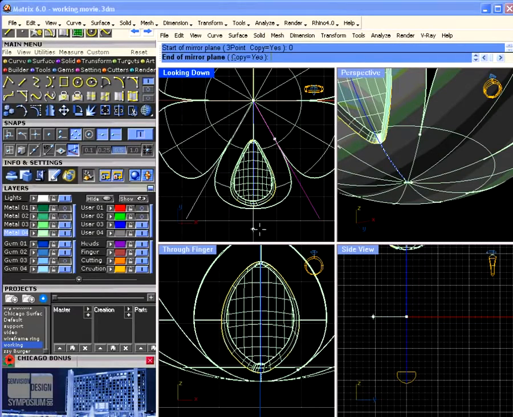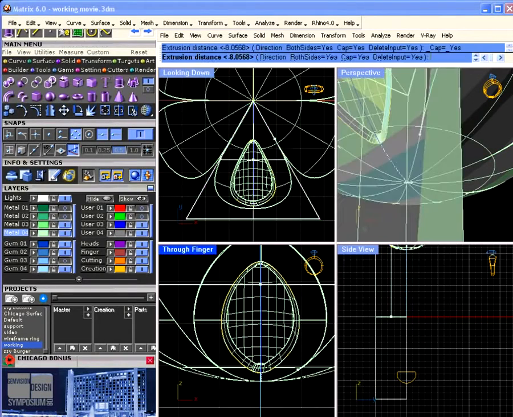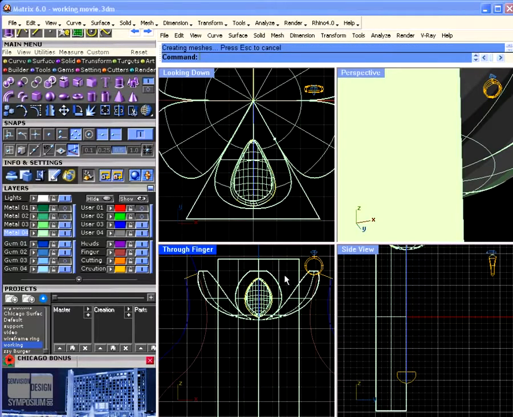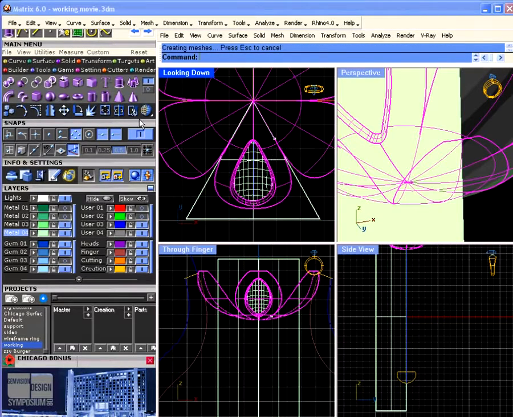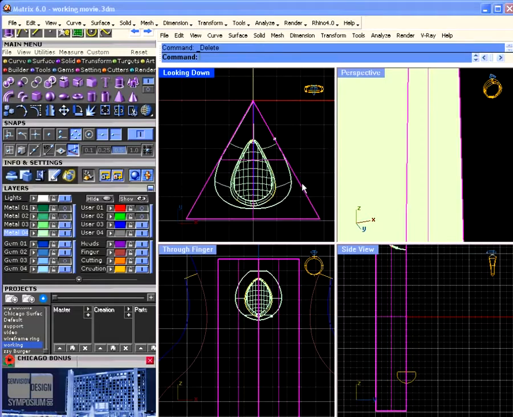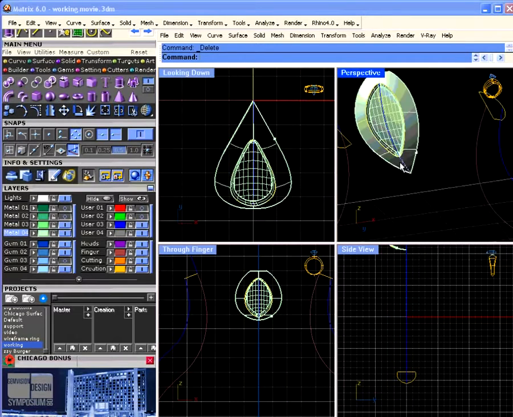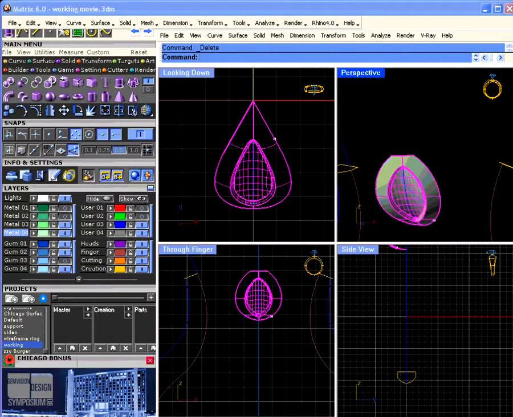And then I'm going to mirror that to the other side, and actually make another line here, and join that, and extrude this like so, and this piece here is going to get split with this one, so I have that, one petal. And we'll join this up,